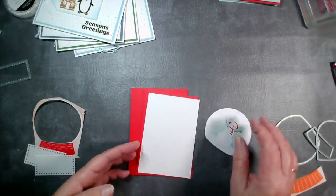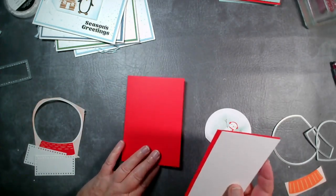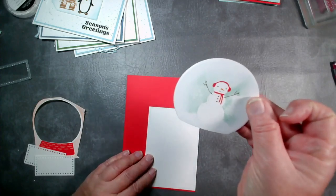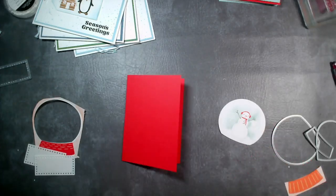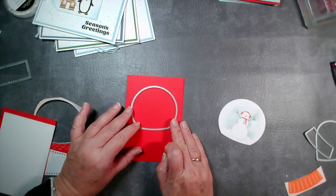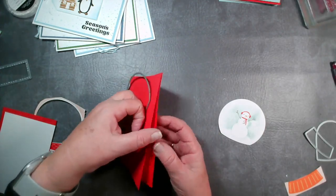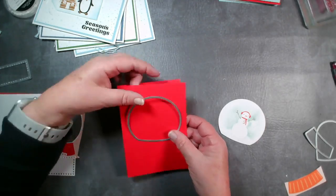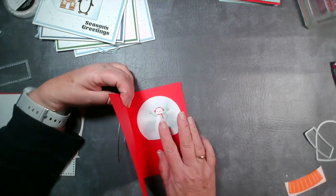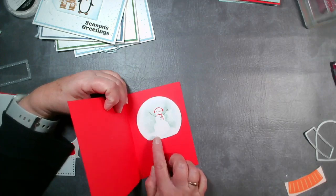Another variation on those. So I've got a Poppy Parade card. That's the red of the red here, in this case of the snowman or snow girl it could be. So what I'm thinking of doing, this is my thought process, is to cut through there the front of the card. Let me open this up. So I leave an aperture there, and then I have this piece in the same position behind it. So when you open it up, you have the snow globe there,